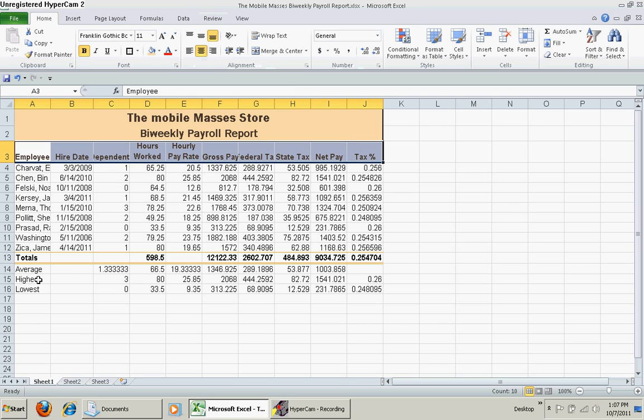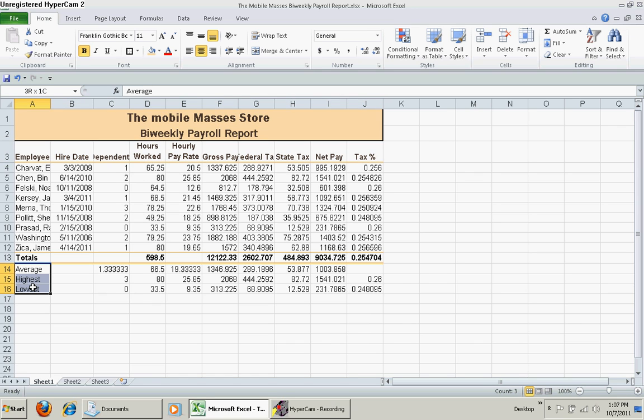And I'm going to make the statistical titles here bold. So I'm going to select from average to lowest and ask for bold, but I'm going to do it through the keyboard. So I'm going to do Control B